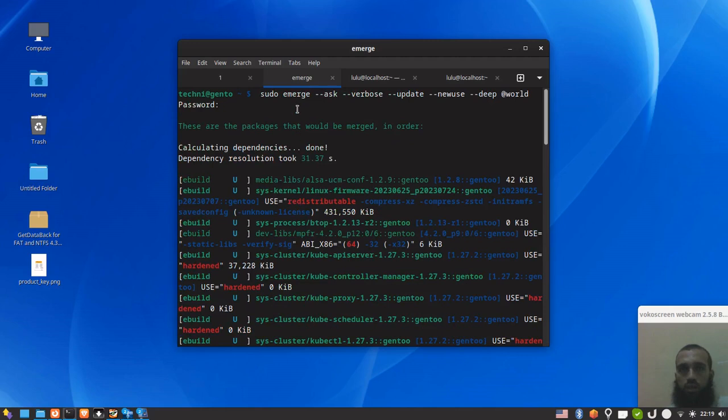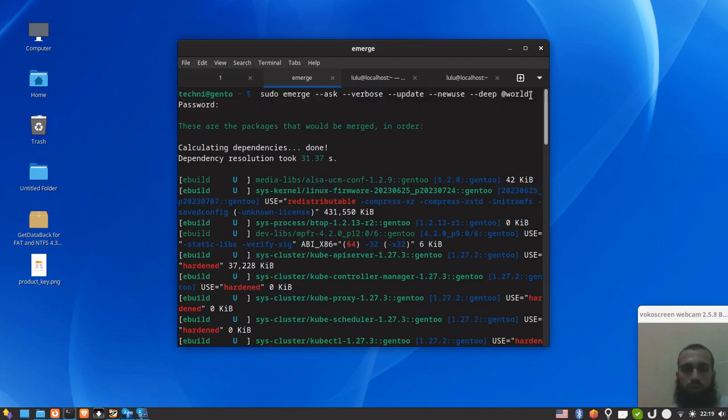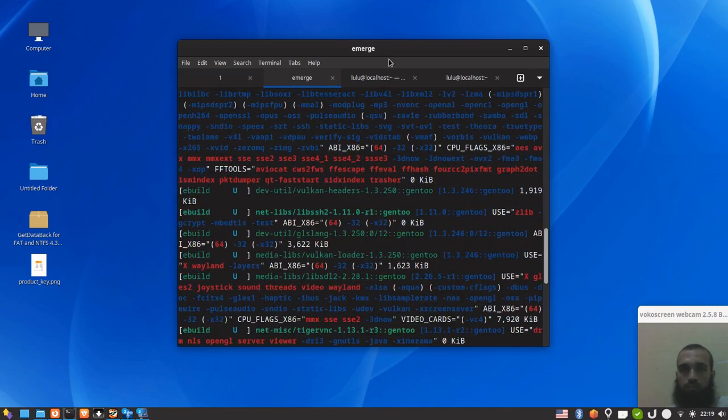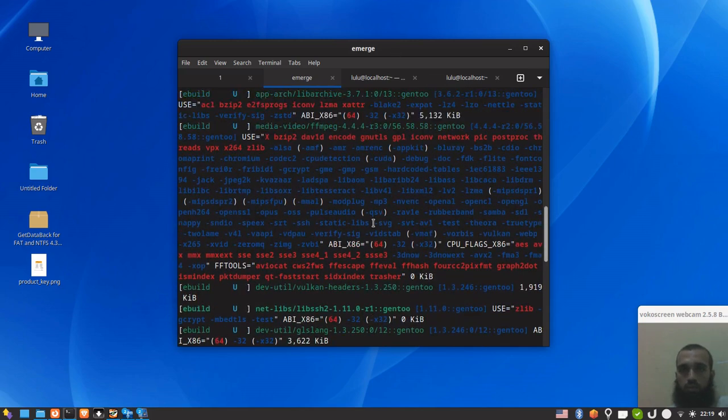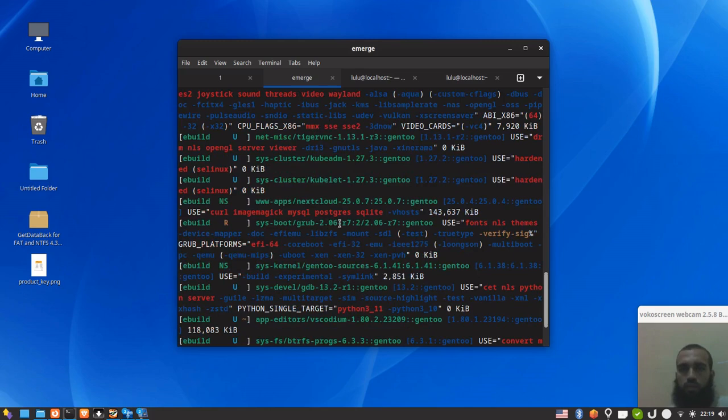Here I run the command to update the system on Gentoo. It's similar to upgrade or DNF update. It updates all the packages on Gentoo. You're very familiar with this if you use Gentoo, of course, and you find it in the wiki of Gentoo. So here we can see that this non-binary kernel is receiving an update,